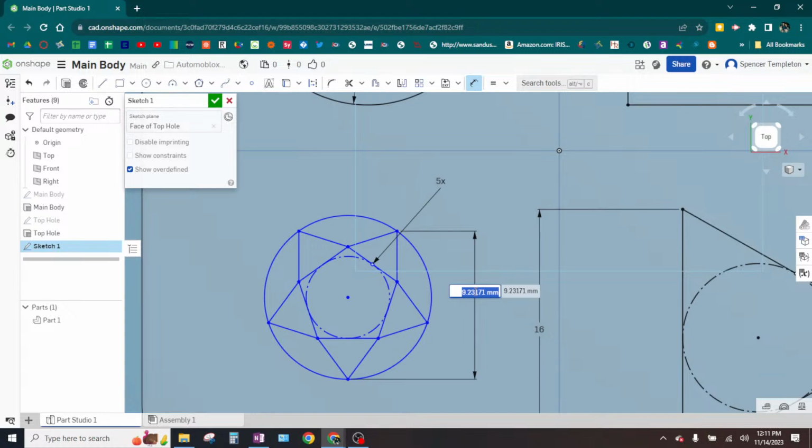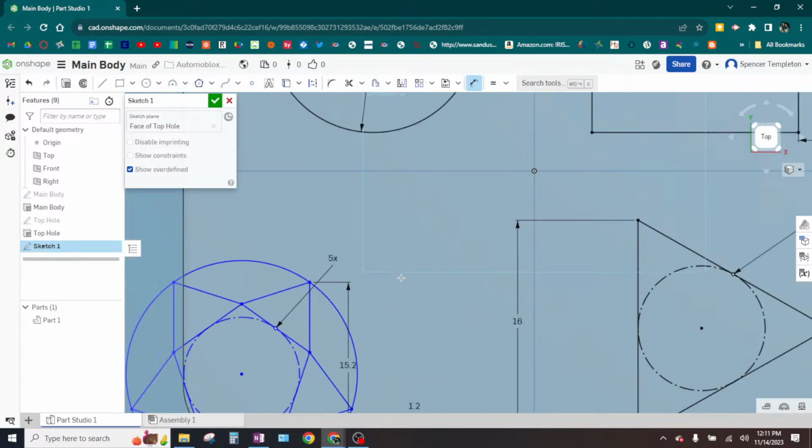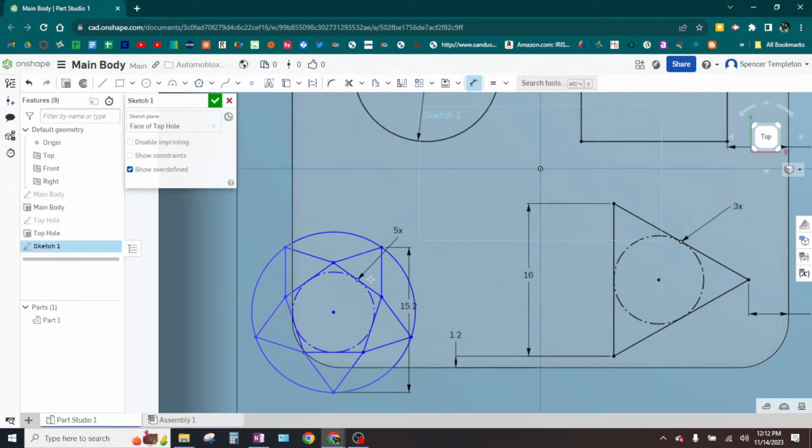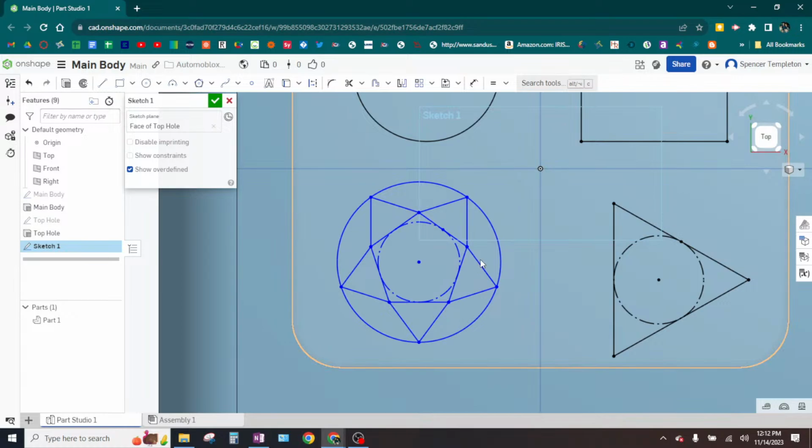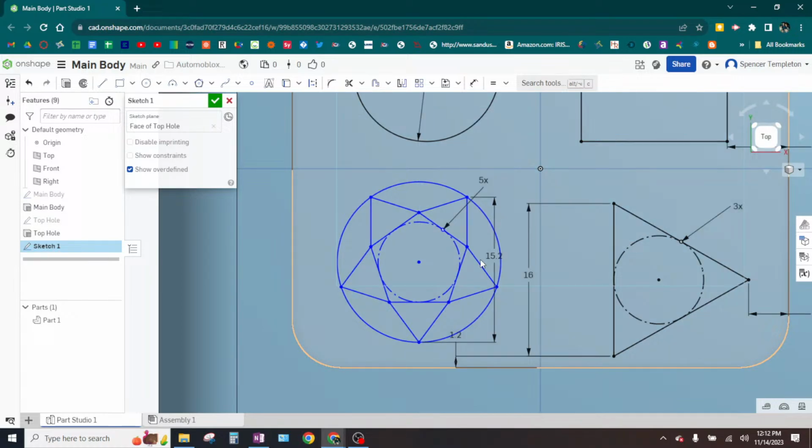13.8. Okay, I got a little bit more than 15. I'm going to go with 15.2. And that got the overall size of my outer circle, basically. What I need to do now is get some other measurement that indicates